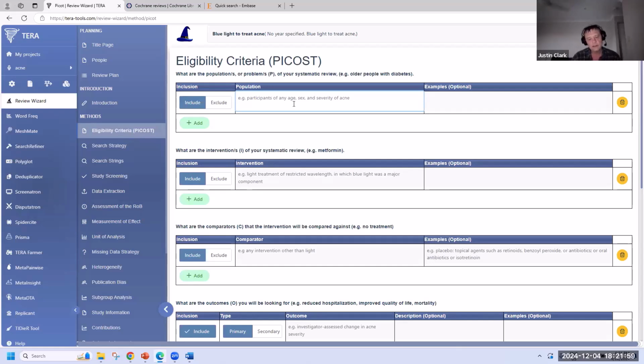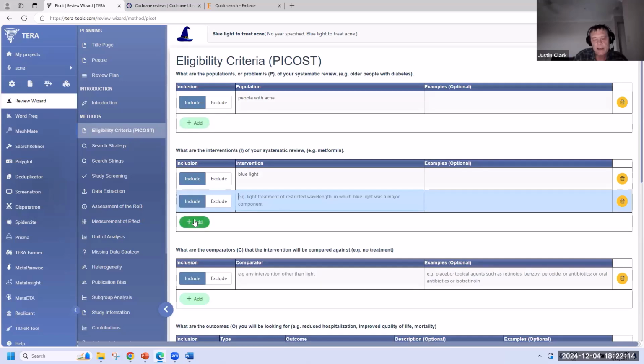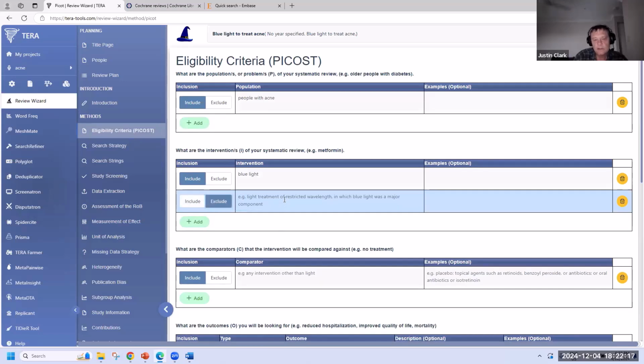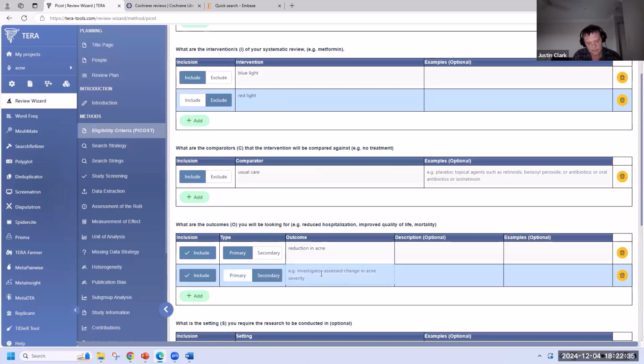So for instance, for this one, I might say my participants are people with acne, that would be my population. I think this is blue light, so I might put blue light in for my intervention. At every single option, there's always an add button. So I might add an exclusion criteria, which is red light. We're not interested in anyone using red light to treat acne. Comparator. Any outcomes? So I think reduction in acne will be an outcome for our primary. One of our secondaries maybe